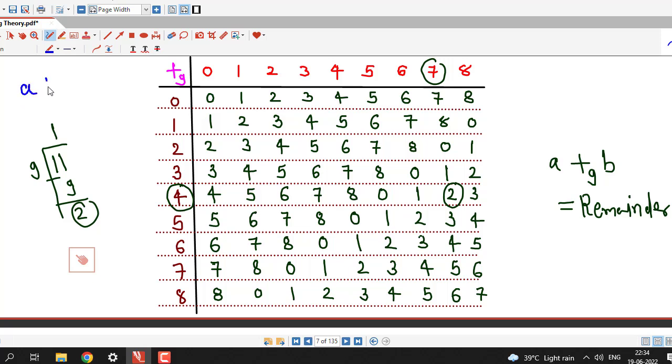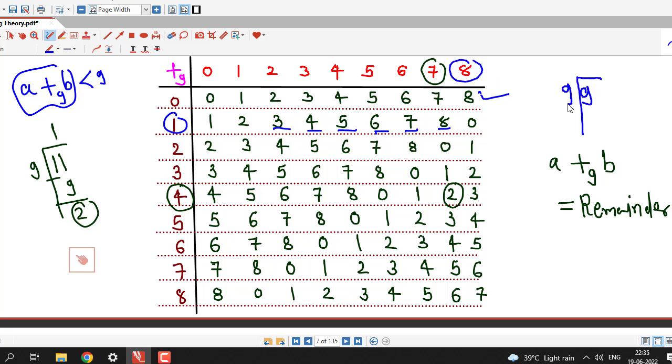If the addition of two integers is less than 9, then we will write that quantity as it is. For example, 0 plus 0 is 0 because 0 is less than 9, then 0 plus 1 is 1, similarly up to 8. Then 1 plus 0 is 1, 1 plus 1 is 2, 1 plus 2 is 3, 1 plus 3 is 4, 1 plus 4 is 5, 1 plus 5 is 6, 1 plus 6 is 7, 1 plus 7 is 8, and then 1 plus 8 is 9. So 9 is not less than 9, so we have to divide 9 by 9